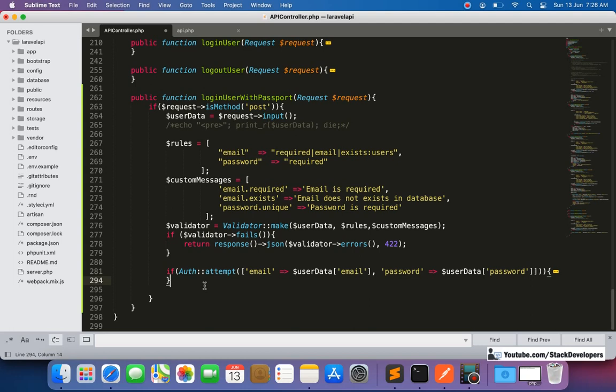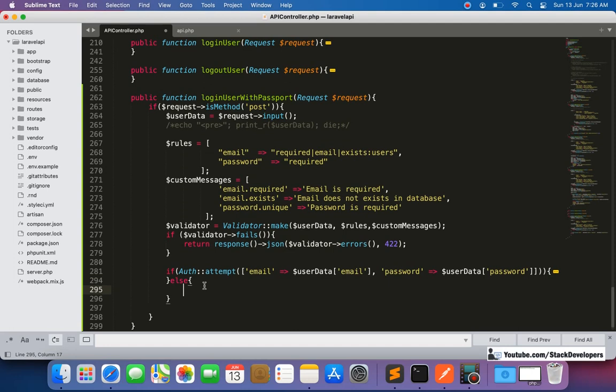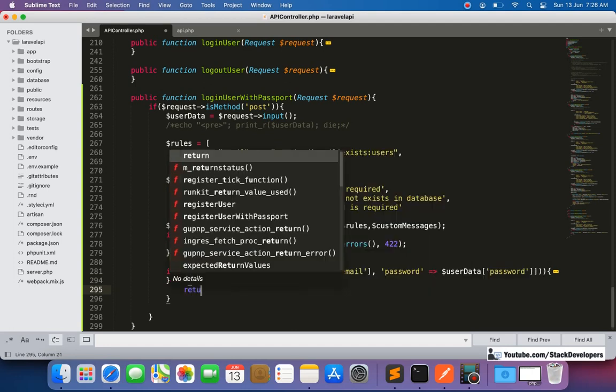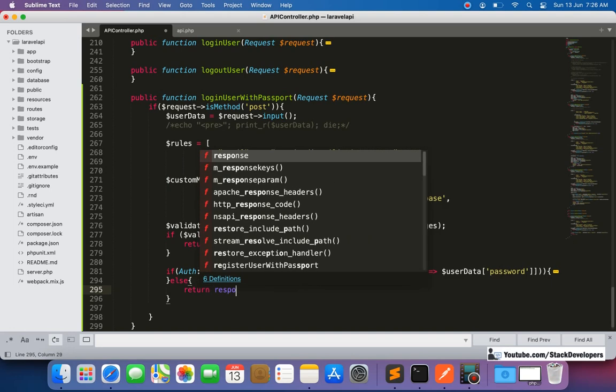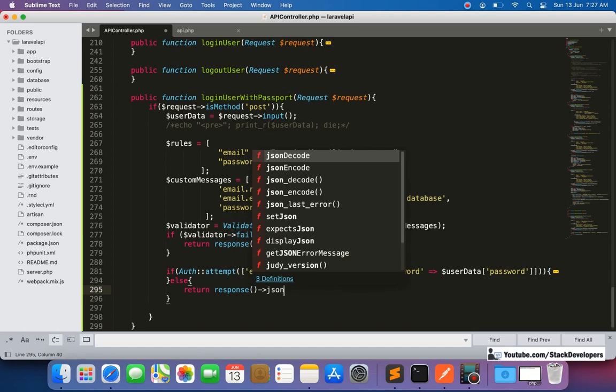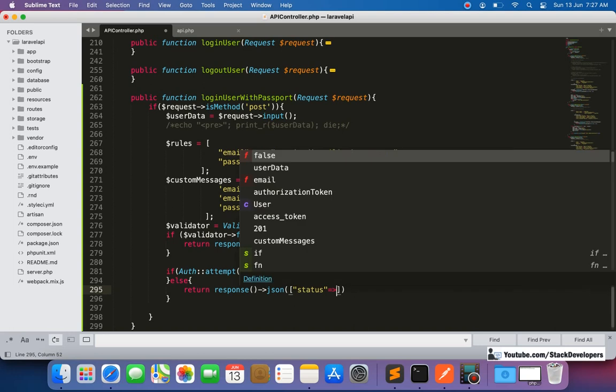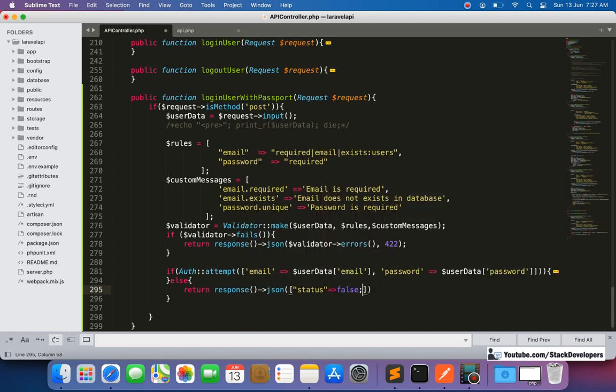Okay, if in case the user is not able to log in, if the email or password is incorrect, then we are going to return the error message, return response JSON. In JSON, status we will send as false, message we will send as email or password is incorrect.